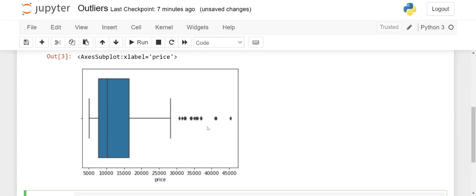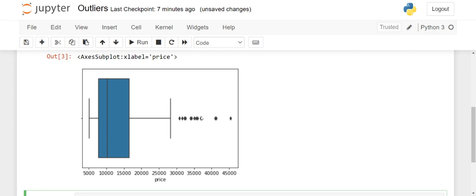But we cannot consider these values as outliers because there would be a Nano over here and there would be a BMW over here. If we eliminate the outliers, there is a possibility that we eliminate the complete car company itself. Maybe we'll eliminate Mercedes itself. The price of Nano goes from 1 lakh to 2 lakh, but the price of BMW or Mercedes starts from 40 to 50 lakhs.